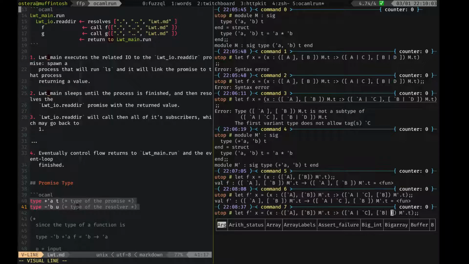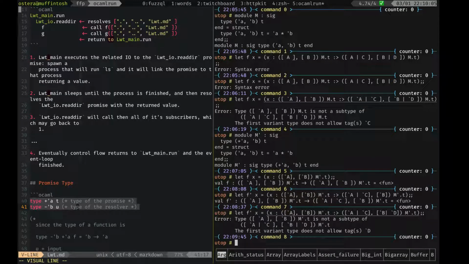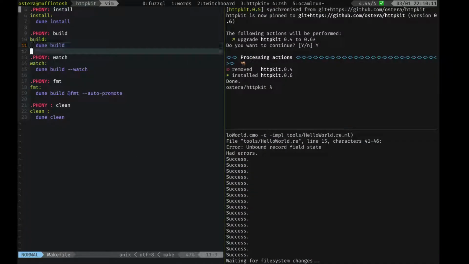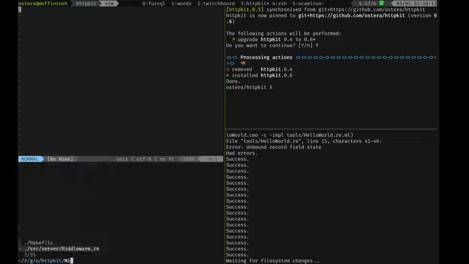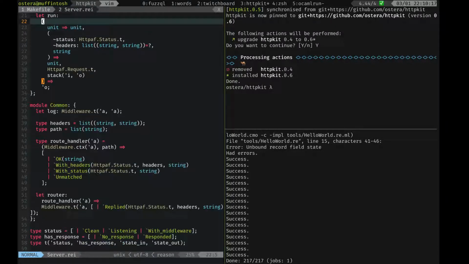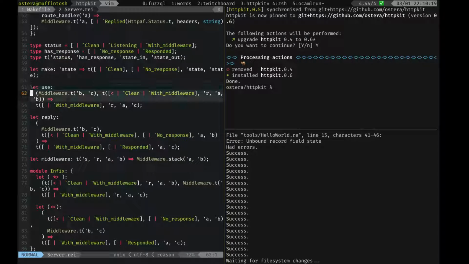But if we do D here, this should fail. Brilliant. Nice, this is interesting. I wonder if in HTTP-Kit I can make some changes to the interfaces to constrain some of these things, because